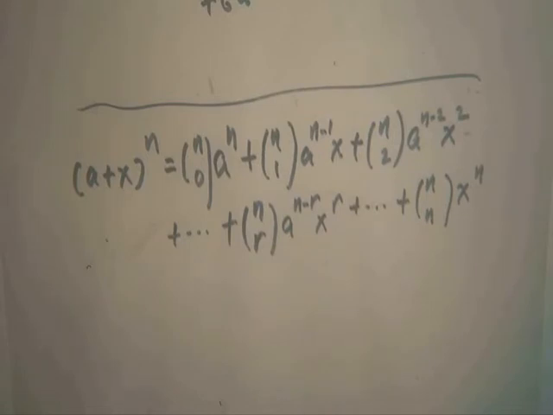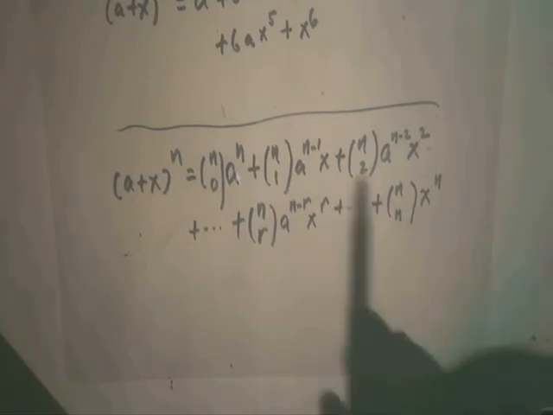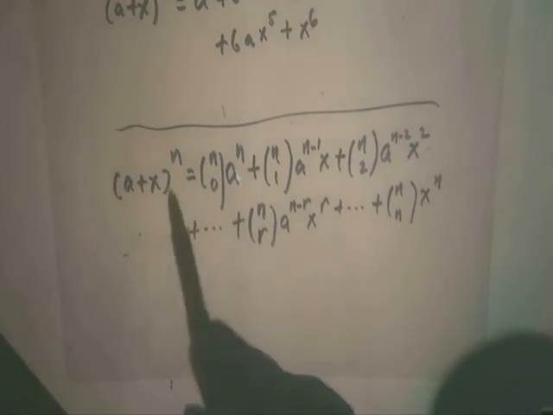What else do you observe? n is a positive integer, so we notice that the number of terms in this power series is finite. And how many terms are there in this expansion? There are n plus 1 terms. That means the number of terms in the expansion is always